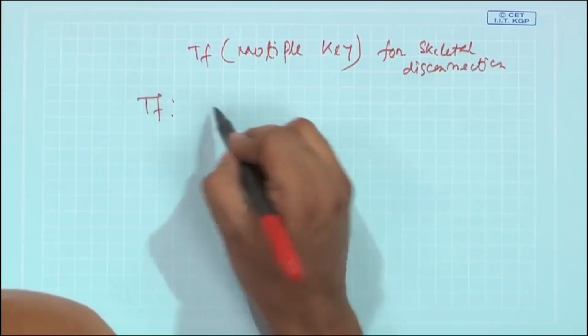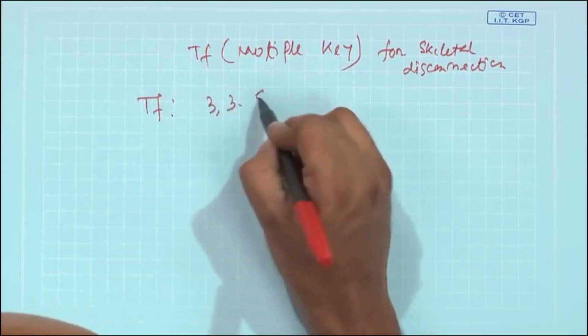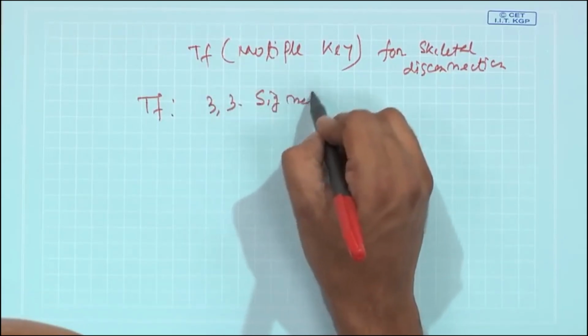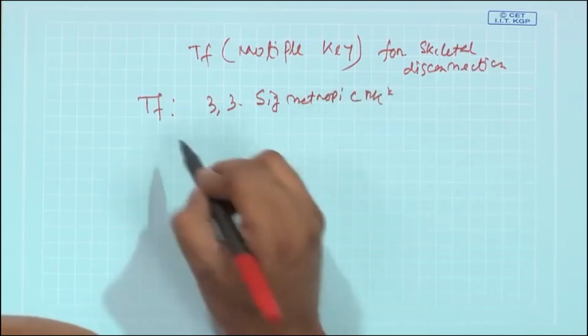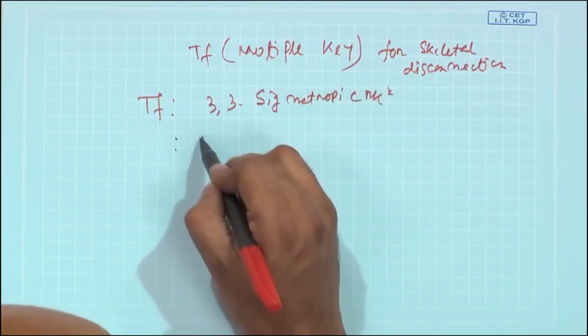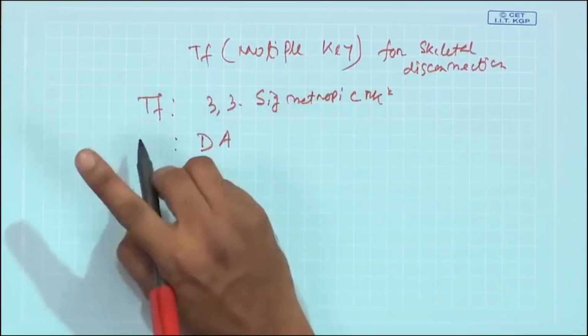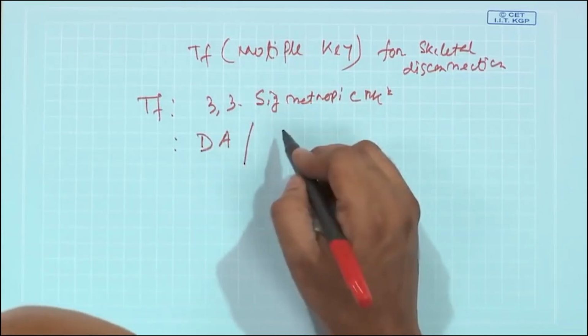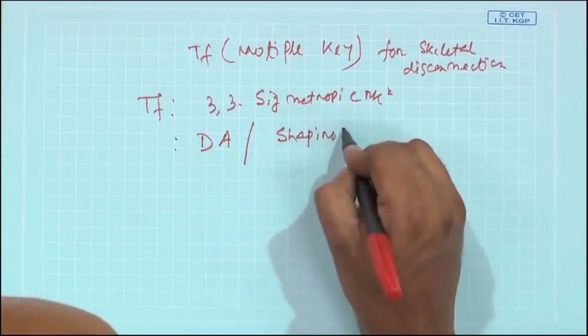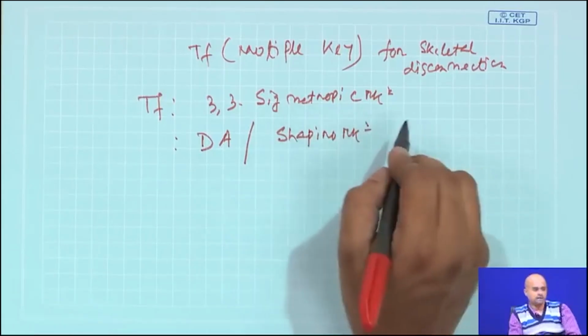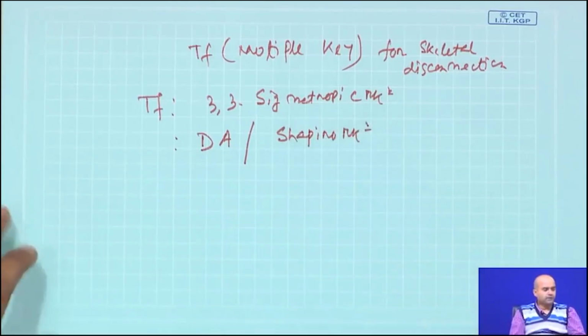Transformation, where we basically used a 3,3 sigmatropic reaction. Then we used a couple of Wittig-type cyclization reactions to access both the intermediates. And then also a Shapiro reaction was used, a very useful reaction. So, in this way several different kinds of multiple transformation based approaches can be used to construct a core structure